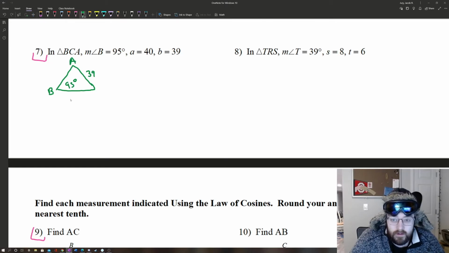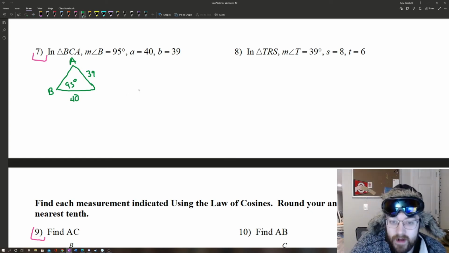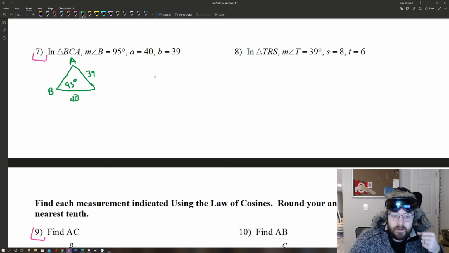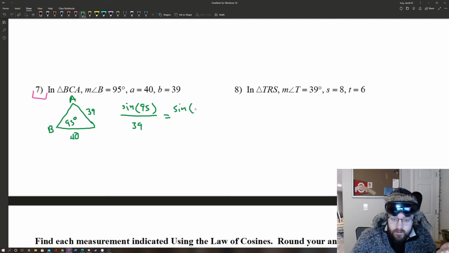So we are given angle, side, side. And that's not going to be appropriate for how we use sine. So for number 7, if we were going to use, let's set it up. We would have sine of 95, and 39 goes with that. That's equal to sine of A